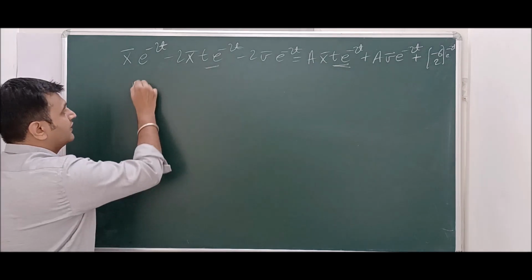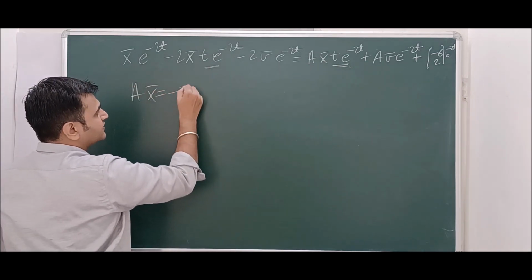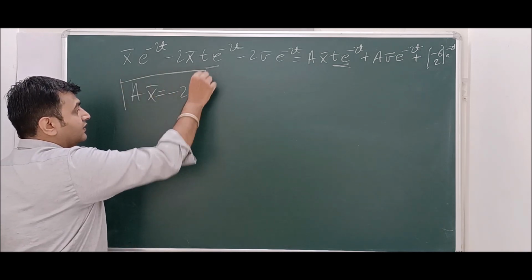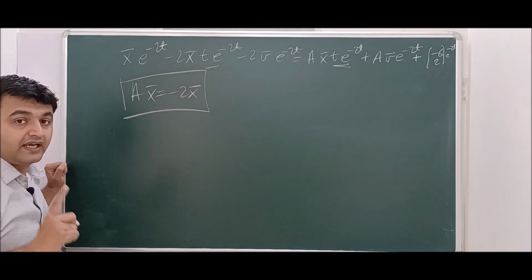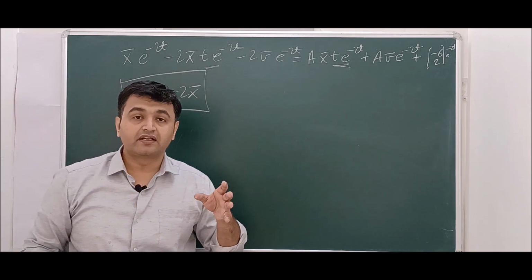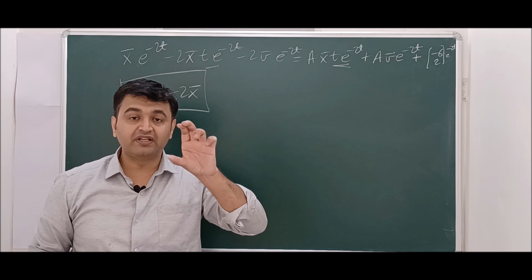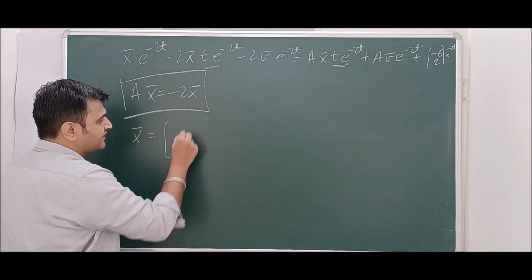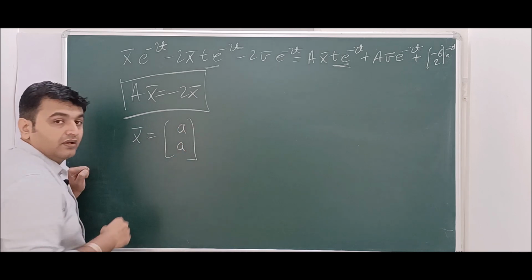The coefficients are Ax equal to minus 2x. So this implies that your x bar is an eigenvector for eigenvalue minus 2. And in yh we saw what the eigenvectors are: (1, 1), that means multiples of (1, 1). So my x bar has to be some (a, a).